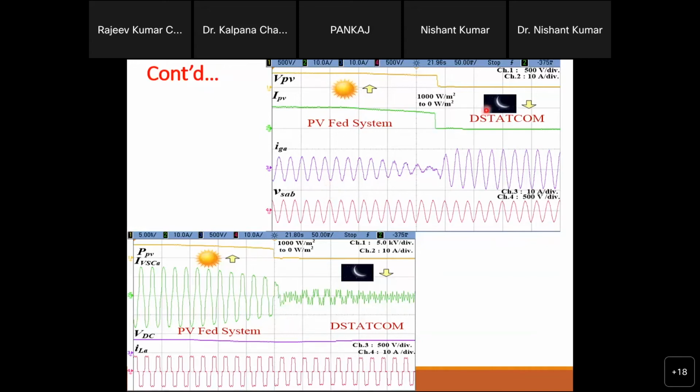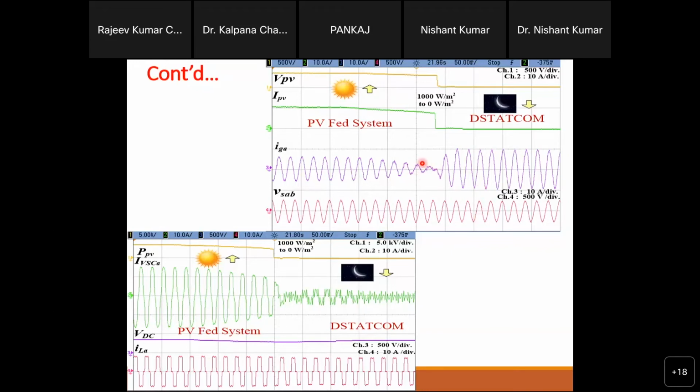But in the night time, when PV power is zero, meaning PV is not generating power, the grid will supply power for the load. Power is not going into the grid; power is coming from the grid for our load. At that time you will see this current and this voltage are both in phase. So through this phase difference you can observe whether power is going or coming.